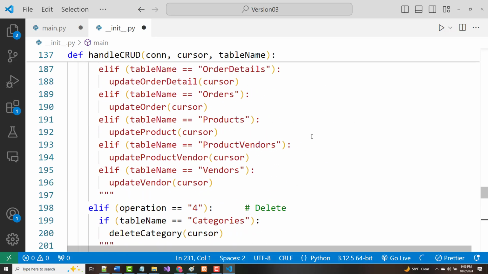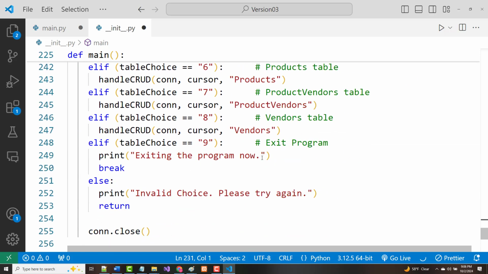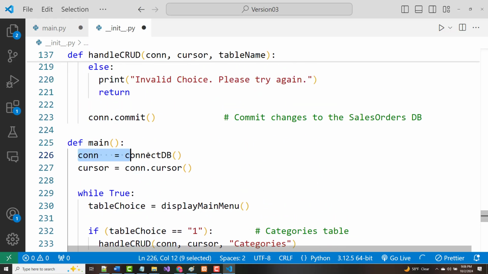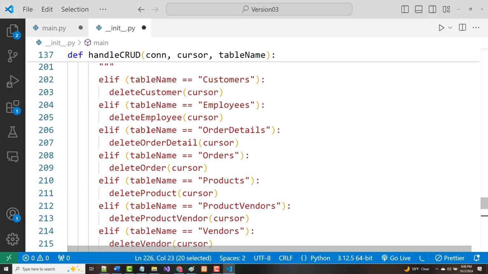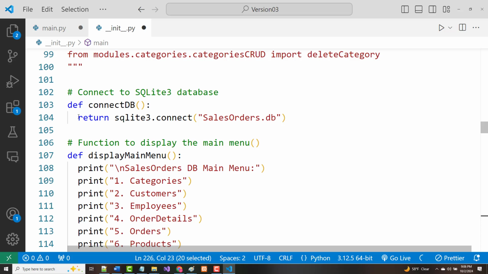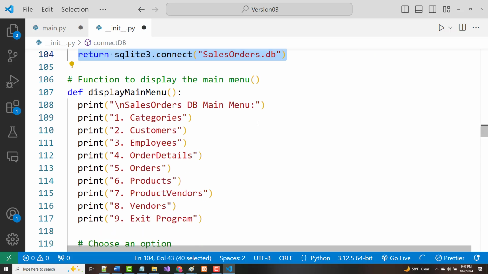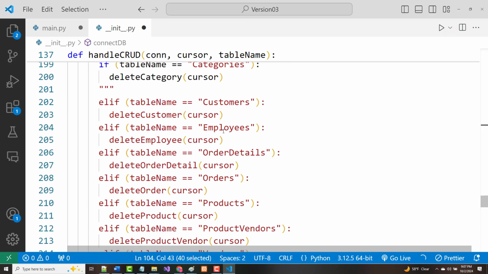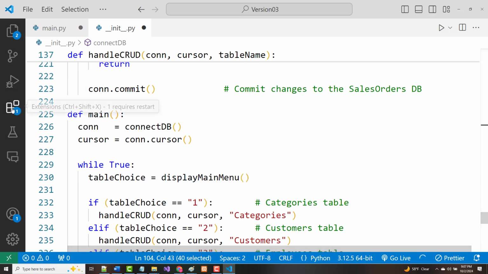All right. We come into main. Okay? We call main. And we set up our connection. So we call connect DB. That should connect us to the database. Okay? As long as that database would exist. Okay, we'll put it into a try except later. All right, so that's the first thing we're doing. So we now have our connection. Now we have a cursor, and that's going to allow us to